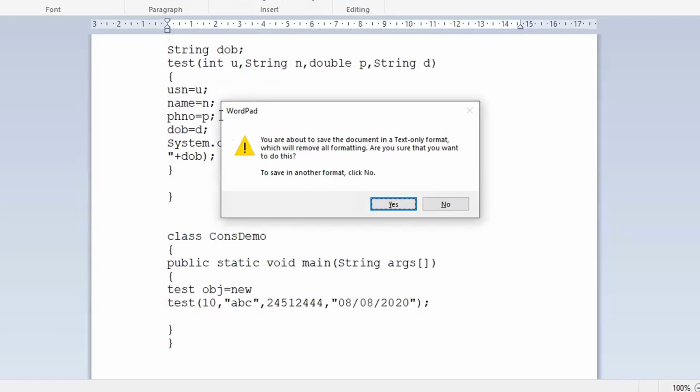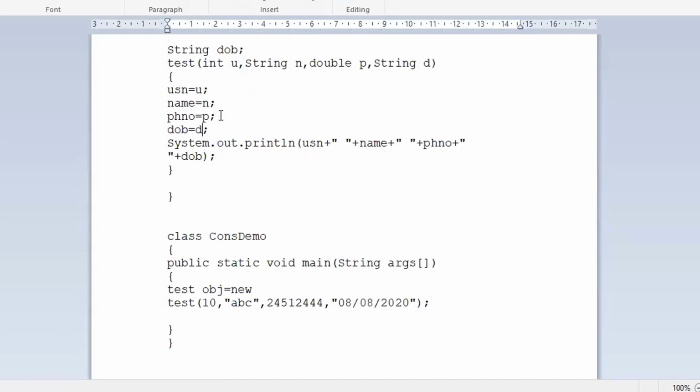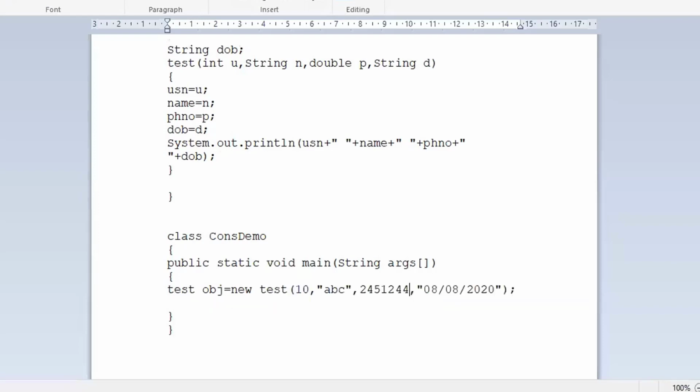Did I do the same work as before? The same work has been done. Now by using the arguments passed, that is the parameterized constructor, those parameters have been copied to the instance variables. Just to cross check whether these new values have been reflected or not, I'll modify the phone number.